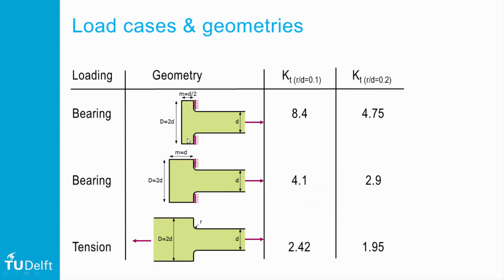Let's take this example. We apply bearing pressure in the circumference to this flange, which is in equilibrium with a tensile force on this side. Then depending on the radius, we may change the stress concentration factor. But we can also change the stress concentration factor by keeping the radius the same but increasing the thickness of the flange. We can even halve it. Obviously, if this would be purely tension loading, then the stress concentration factor would be reduced further. What it illustrates is that the load case, together with the geometry to which we apply this load case, defines the stress concentration factor. So as a designer, we have freedom there.